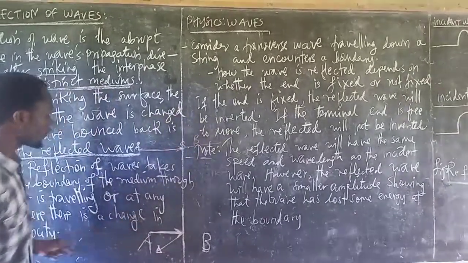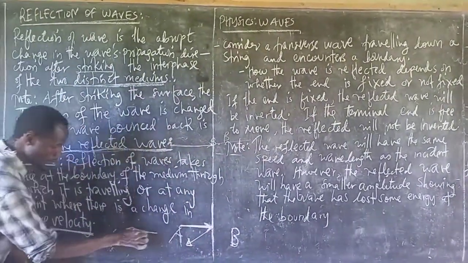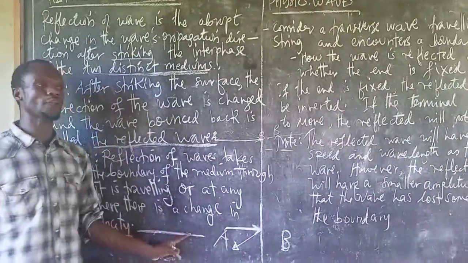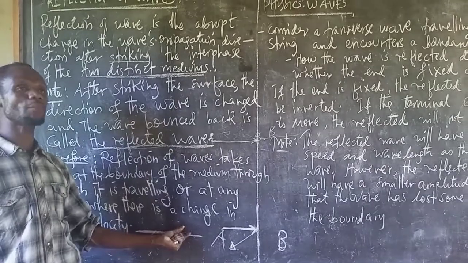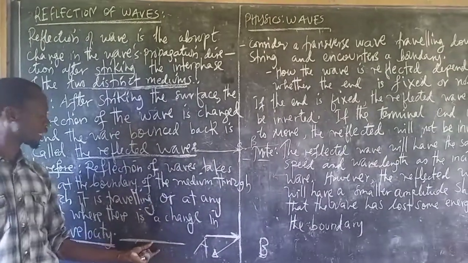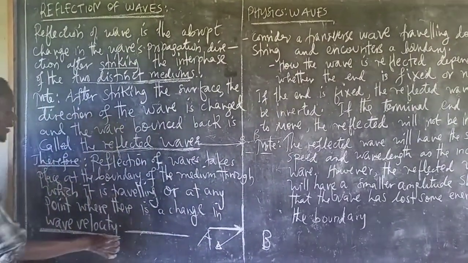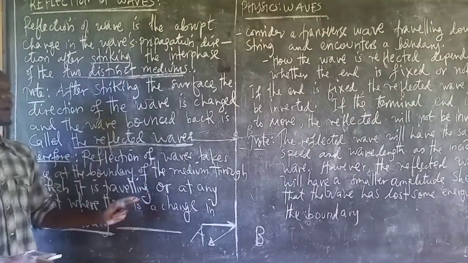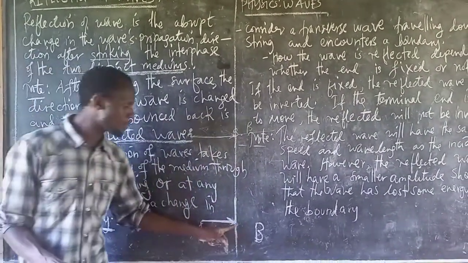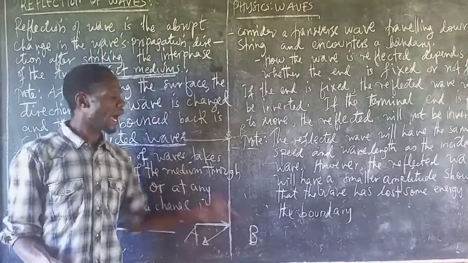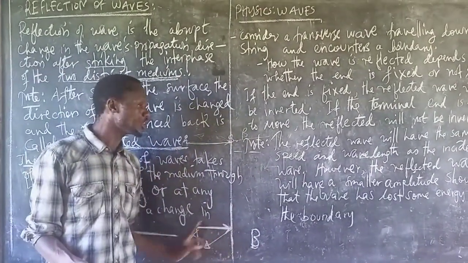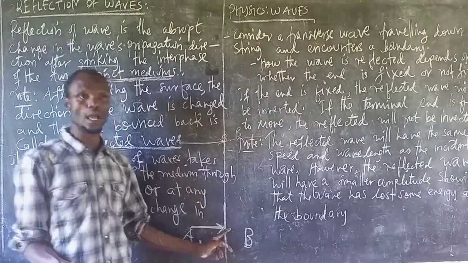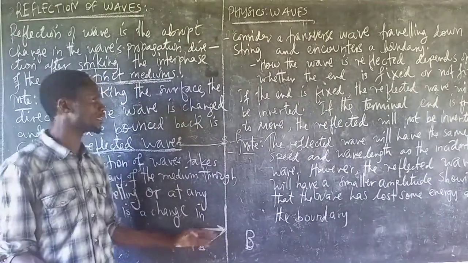here. Lakini vile vile haya mawimbi yanaweza akawa yanasafiri kwenye media ile ile, lakini ikatokea ghafla condition ikabadilika kwenye ile media. Maana yake speed itabadilika. Ikibadilika speed, tayari tutatokea tena refraction of wave. Kwa refraction of wave inatokea kwa mambo mawili. Either at the boundary between the two mediums, au mabadiliko ya condition kwenye medium ile ambayo inasababisha velocity badilike ya wave, ambapo tayari kutakuwepo na reflected wave.